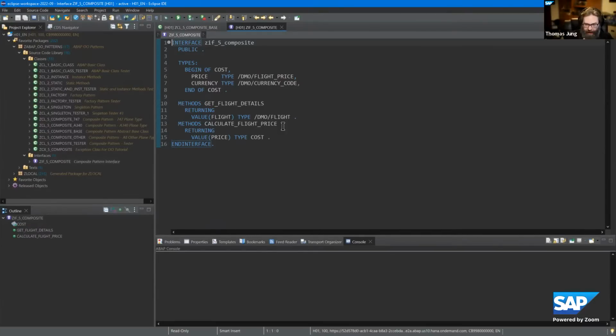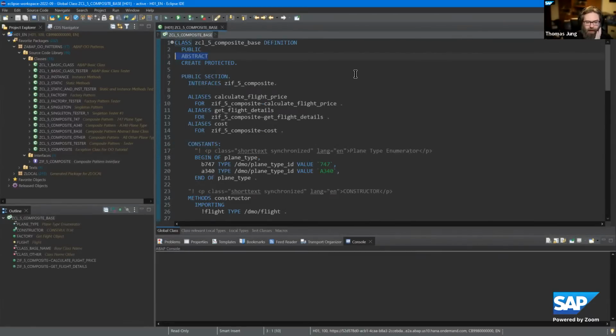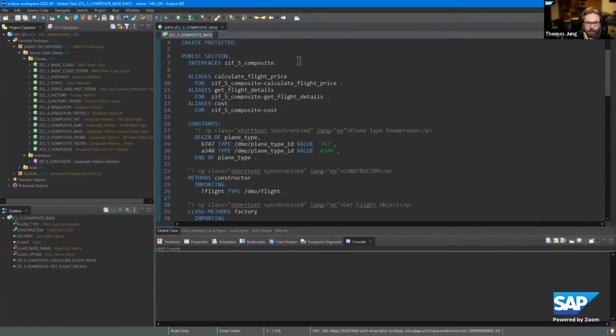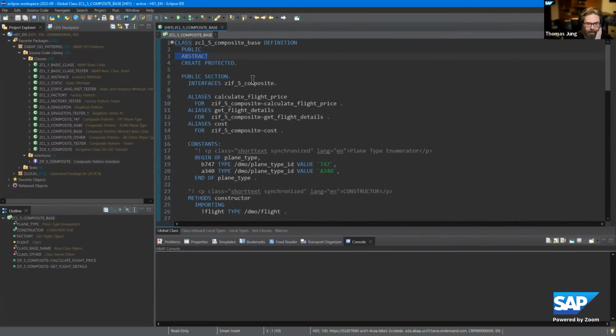The interface, the description of this attribute and these methods, is the same for the different types of flights, the different types of planes, but the implementation can be completely different. And that's what we want to describe here, in this base class,